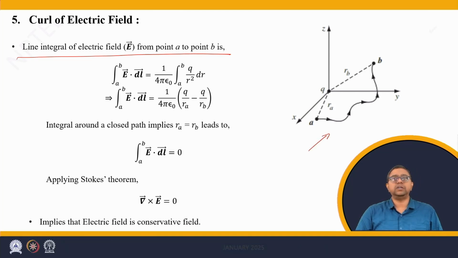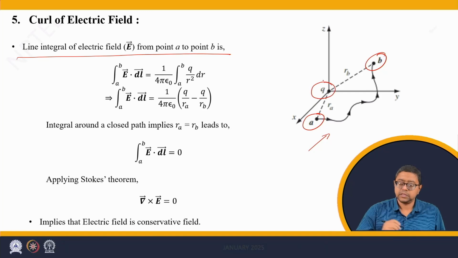Have a look at this picture where we have a loop starting from A and ending at B. Here the Cartesian coordinate system is used where Q is located at the origin. Now the distance between this charge Q and any point on this loop is given by Ra to Rb. This is the variable R, which gives the distance between the charge Q and a general point along this